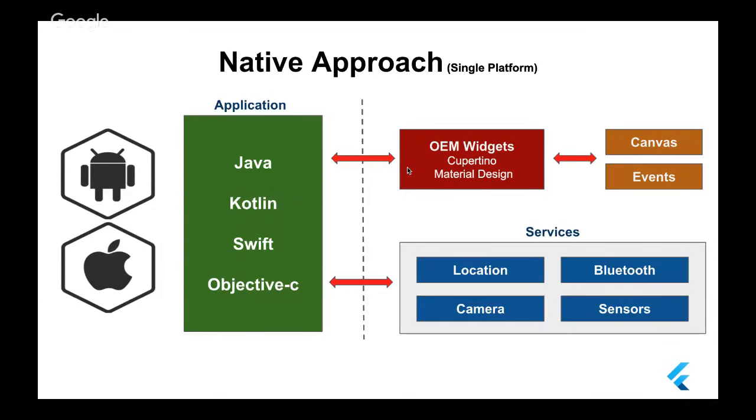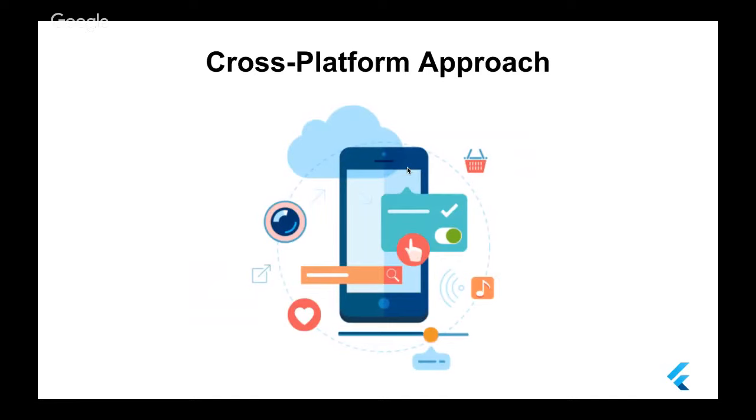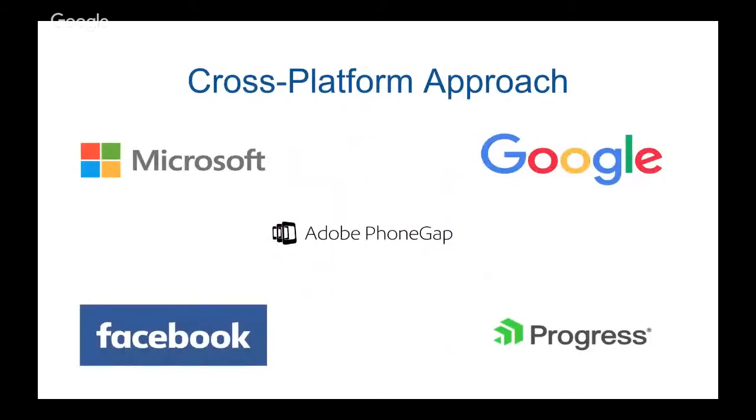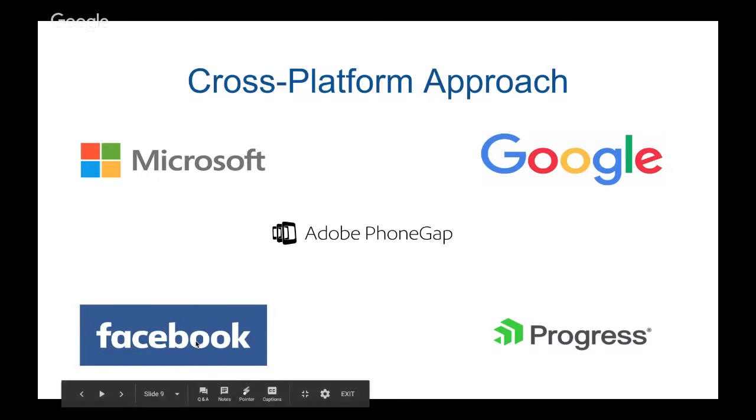So after this approach, there is a new way. A lot of companies came with it. Why are you not using one code and trying to get the application for any platform we need? This cross-platform approach is used by a lot of famous companies, like Adobe, which built the PhoneGap tool, and Google built Flutter, and Microsoft also started with Xamarin, and Facebook React Native. And this is NativeScript, from the Progress company. This is a new company that acquired NativeScript. Most of these companies are now using the cross-platform approach.